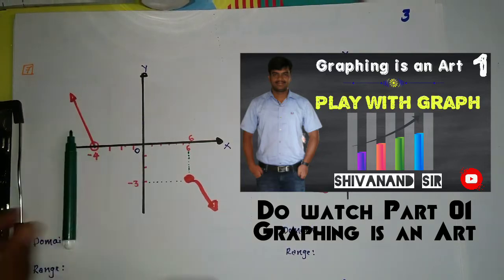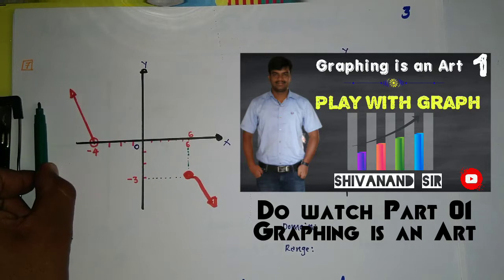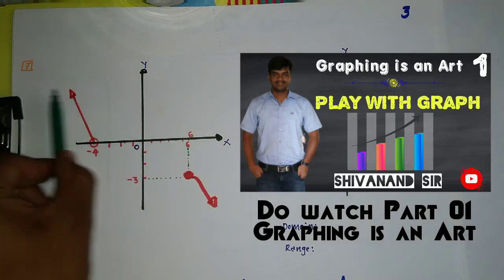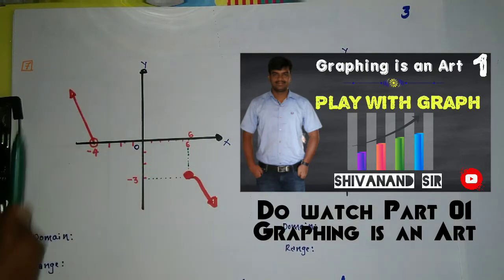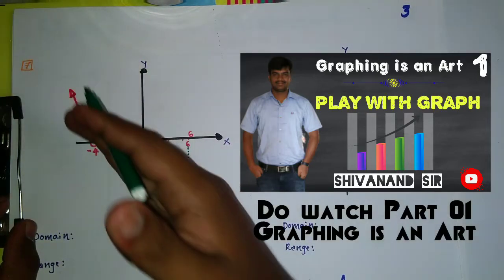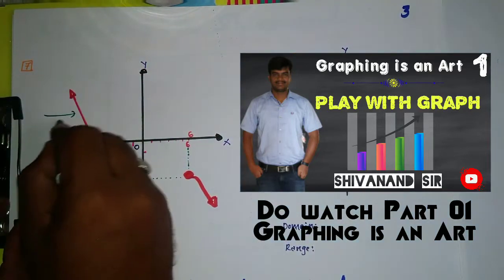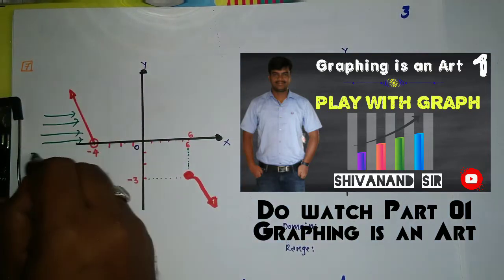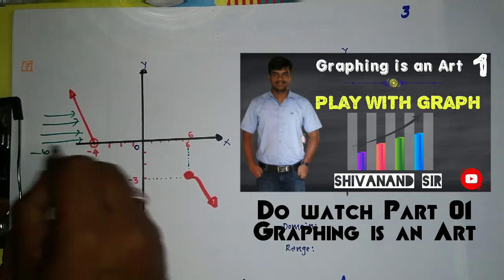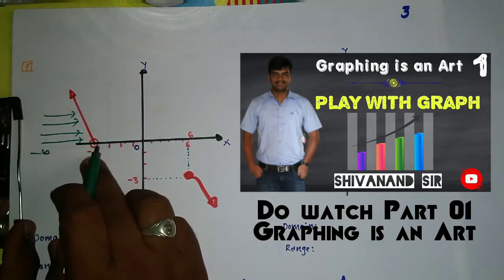Listen, how to calculate the domain. I said domain is nothing but the set of all the values of x. So check from minus infinity to plus infinity. This graph is going upward towards plus infinity, continuously moving, and you are assigning values even towards minus infinity also. There would be values of x right from minus infinity to minus 4.